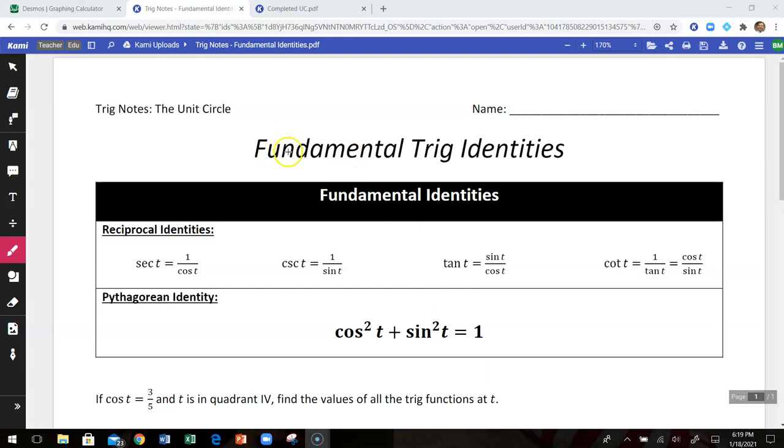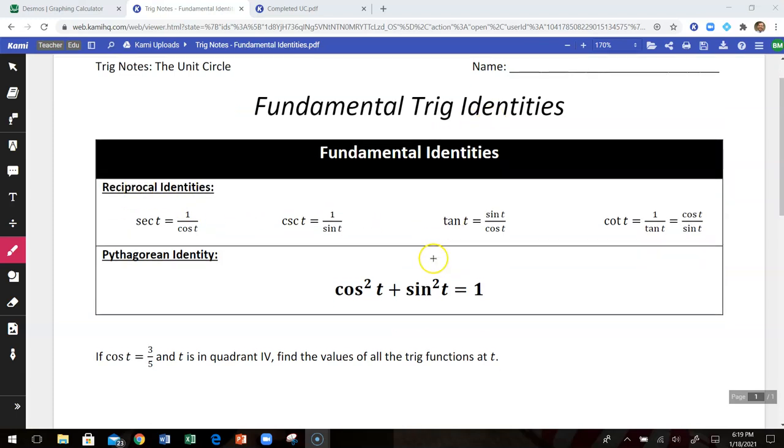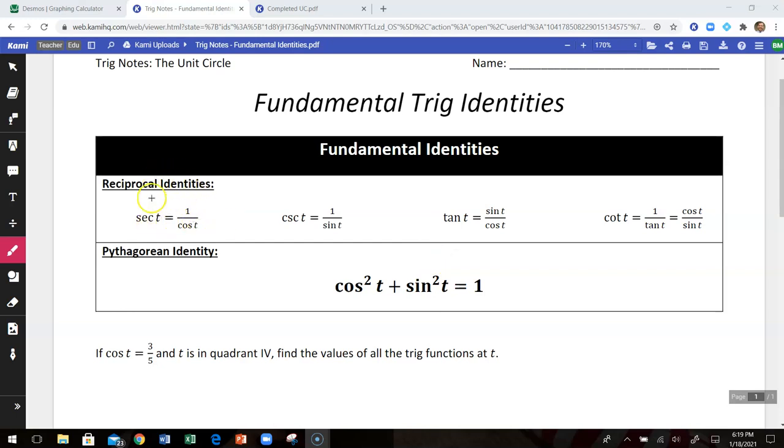Okay, in this video we're going to do a brief introduction into some fundamental trig identities. We have referenced these reciprocal identities in a previous video, but these reciprocal identities basically tell us that certain trig functions are reciprocals of other trig functions. So secant is the reciprocal of cosine, cosecant is the reciprocal of sine,